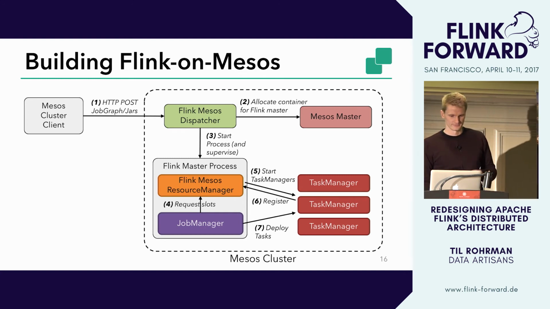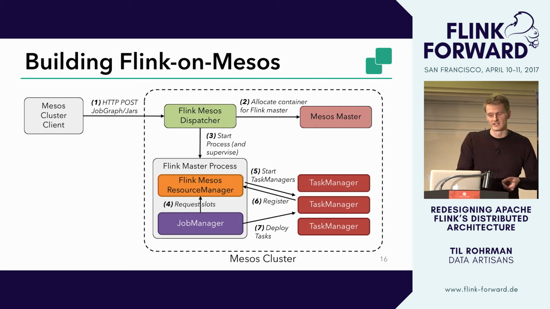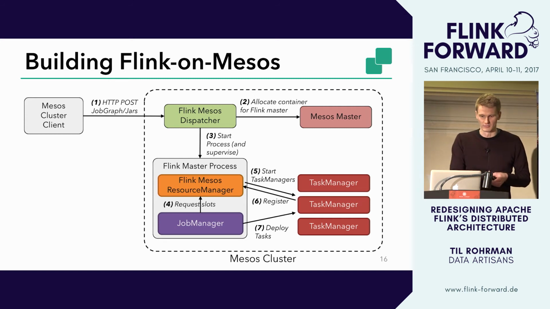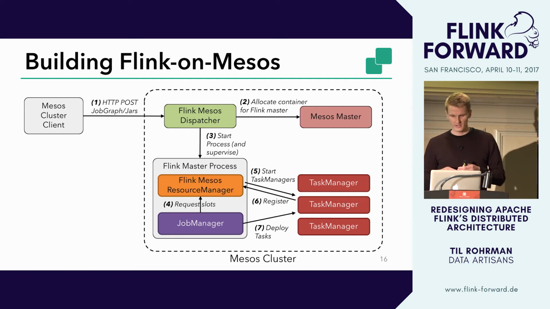So how would deployment look like? Well, we could send an HTTP post request to the Flink-Mesos dispatcher containing the job and the jars you want to run. Then the dispatcher would allocate a Mesos container and start the Flink master process in this container. And it would also start supervising this container. So in case it fails, it would restart it. And from there on,